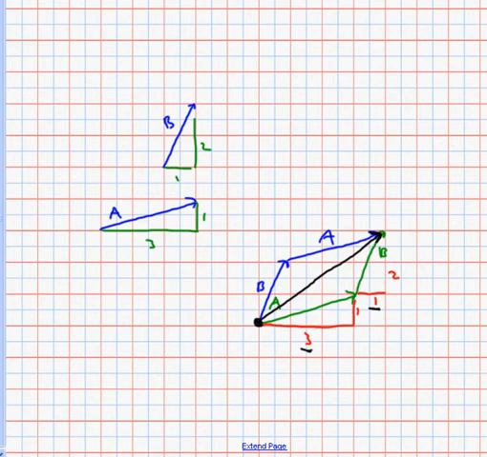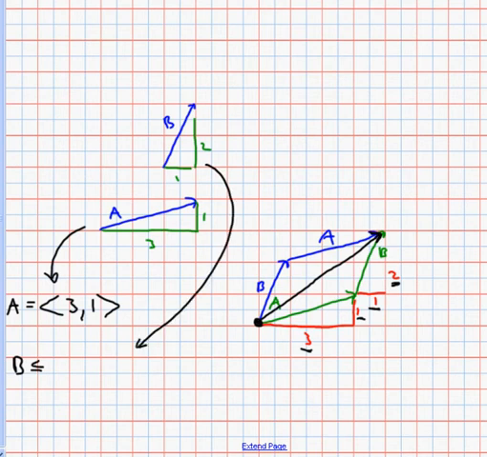And then we had to go up this 1 plus this 2. So in other words, here we're ready to make the transition to something algebraic. The vector A can be expressed this way. It's the vector 3, 1. And the vector B can be expressed this way. It's the vector 1, 2. And what we've just shown is